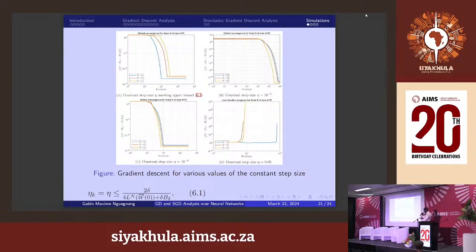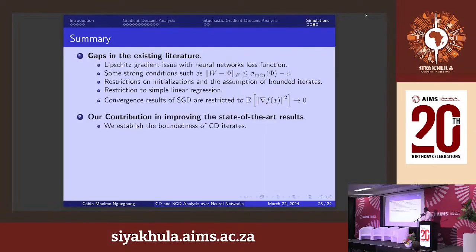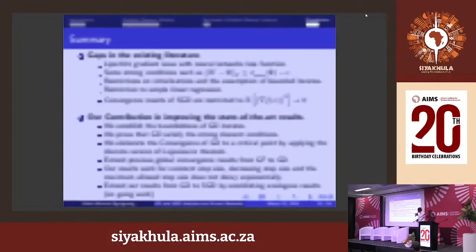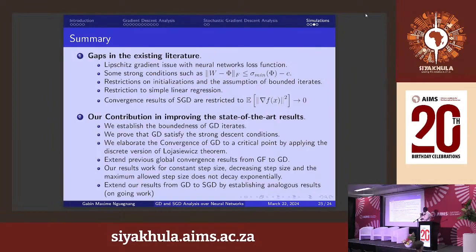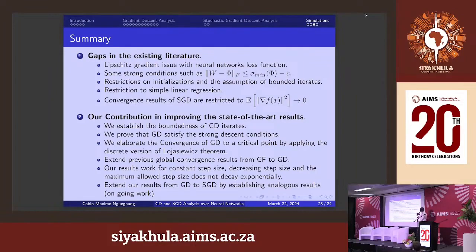But it's good to initialize very close to our condition, or to respect that condition, in order to avoid losing convergence. This is the same simulation, but with decreasing step size. So I would like to give this as a takeaway message that the state-of-the-art result has some